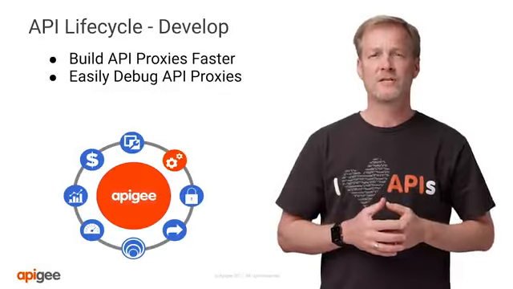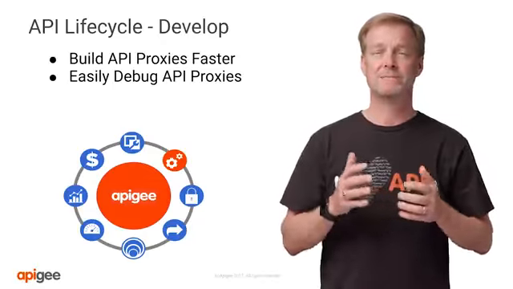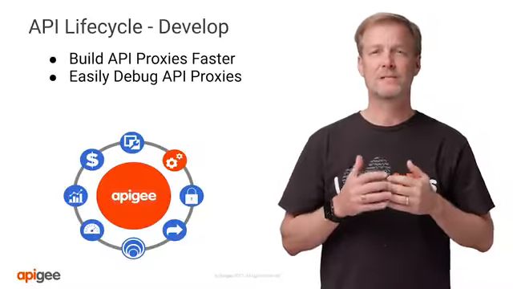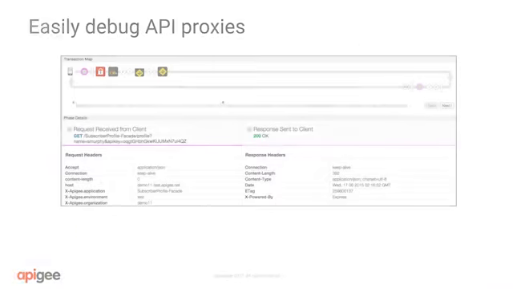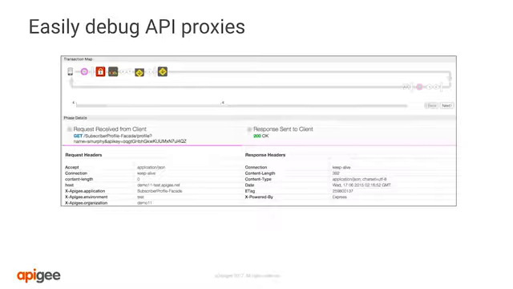Apigee Edge also provides a visual trace tool that is an API debugger. It enables you to quickly inspect the details of an API call through the Apigee Edge runtime engine. With the visual trace tool, you can understand the state of an API call at any point in the API call flow, inspect proxy and target request and response payloads, and optimize the API call flow. You can debug the API without the need to inspect multiple log files or write additional debug logic. The visual trace tool enables engineers to spend less time debugging and more time creating value.